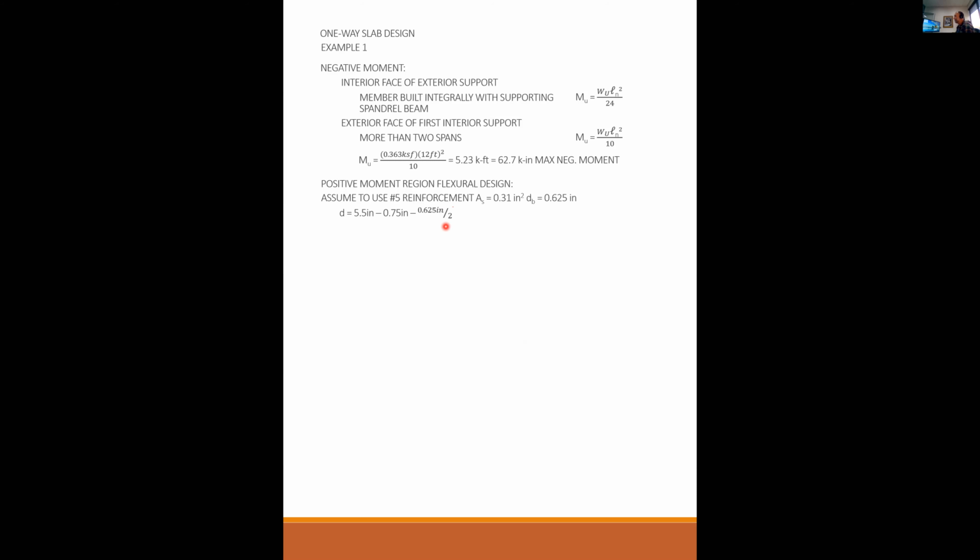These do not have ties. There are no ties in a one-way slab. So there's no ties to figure into this. The cover is half the cover of a beam. And most importantly, you're only working with 5.5 inches in the first place instead of 20, 30, 40 inches. So a little change in the D is much more profound on a one-way slab than in a beam. Whereas in a beam, it was okay to just assume 2.5 inches, and that got us close enough, that is not close enough for a one-way slab.